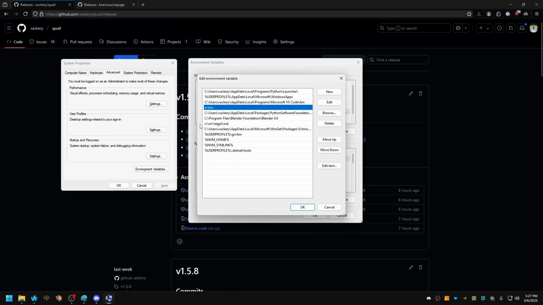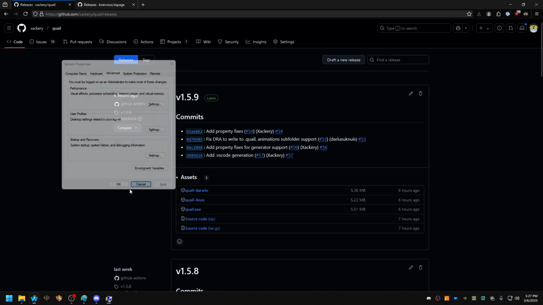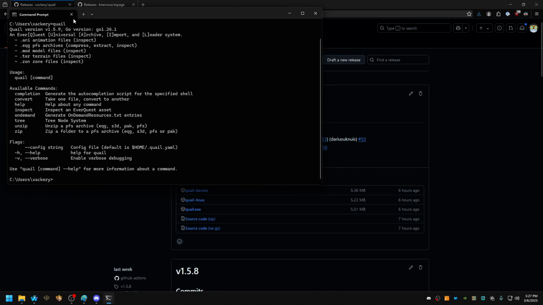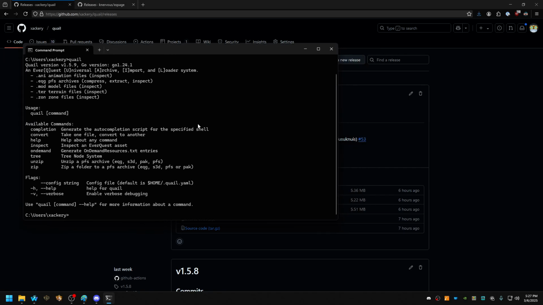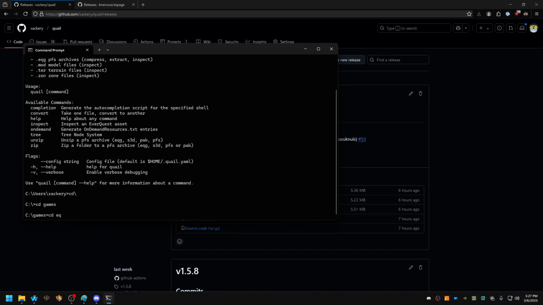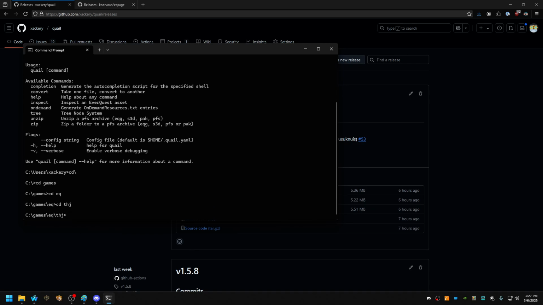So in your case, you might want to add a custom directory. You can put it into an existing one, whatever you prefer. This is the recommended route because now when I go to command prompt and I type Quail, it just works. You can verify the version by just running Quail. And this essentially just sets it up. So now it's a global path. So we're going to go ahead and go to the THJ directory, and we can just open this up